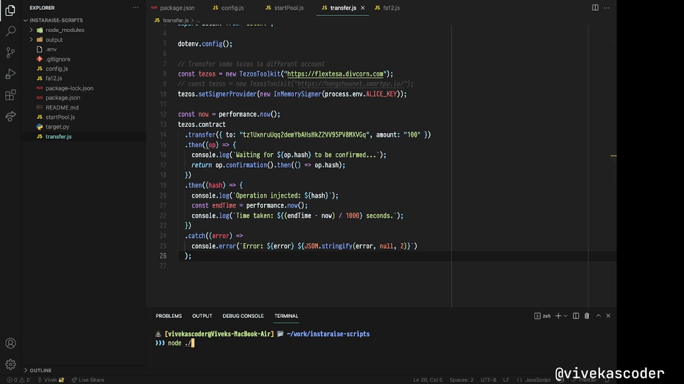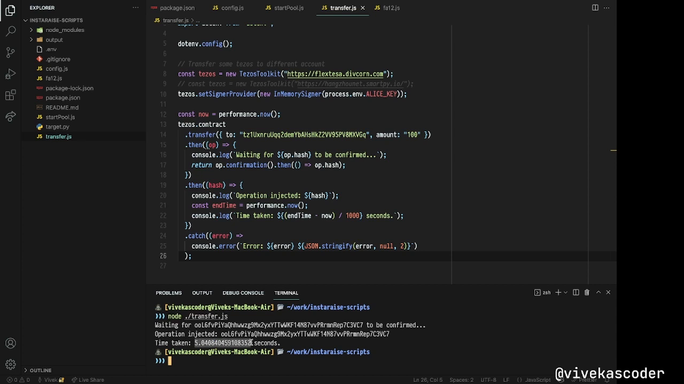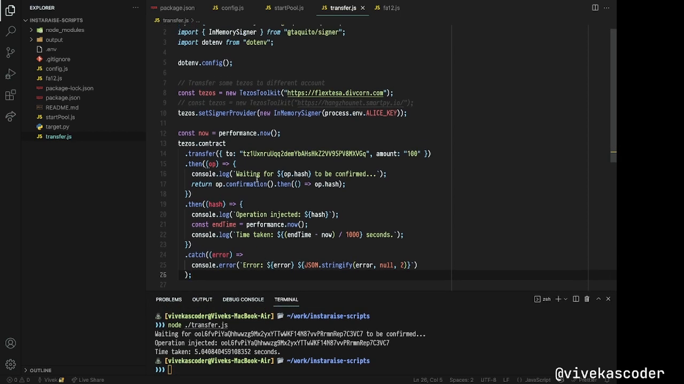So if I want to run it, I can just do node and then the file. In my case it's transfer.js, and depending upon the network latency and all, because we're not running this on a local machine, it takes almost 5 seconds, which is much faster than what you would expect from the testnet. So once this is done,